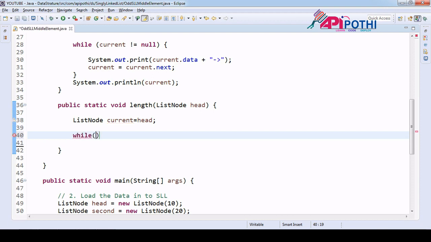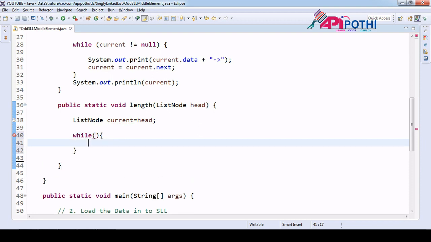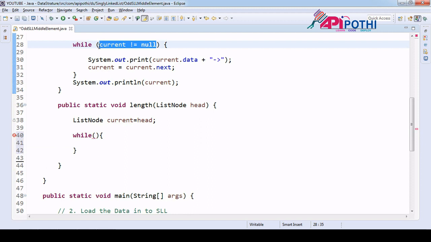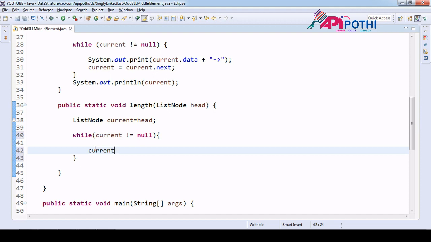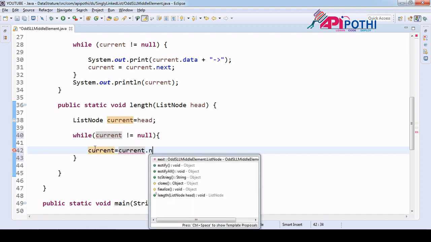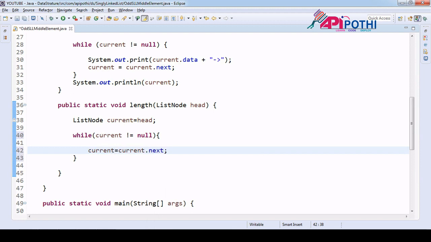So for that we will be having one while loop, same as the display method, where we are checking that I should move till not null, since null means we are reaching the last element. And here our task is not to print anything, so I am not going to give any SOP here. Now I am just doing the movement from one node to another node. So for the movement, current equal to current dot next,